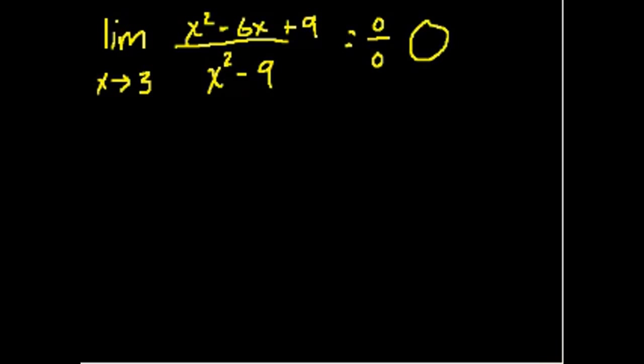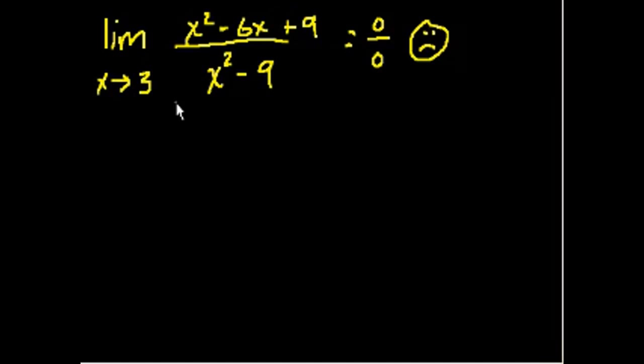And my pen tool is malfunctioning again. So we don't like getting 0 over 0. So is there any way we could simplify this expression to get it to an expression that when we evaluate it at x equals 3, we actually get something that makes sense? Well, whenever I see two polynomials like these that look relatively easy to factor, I like to factor them out because maybe there's the same factor in the numerator and the denominator,